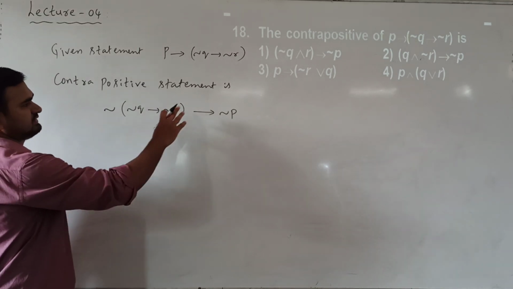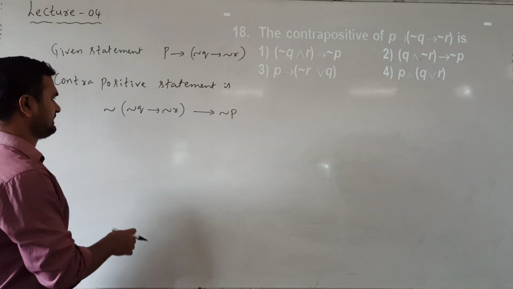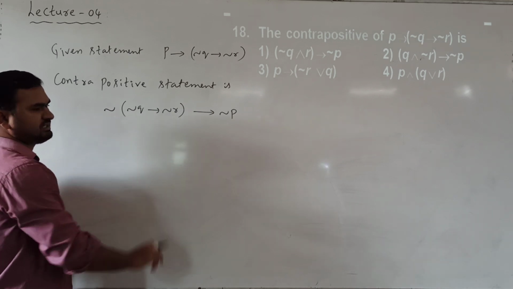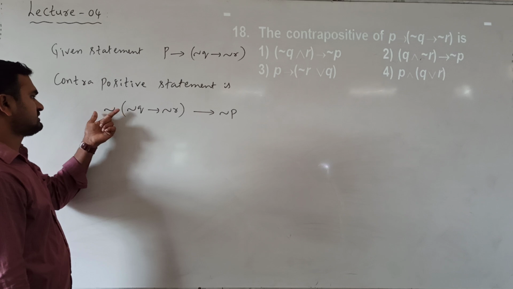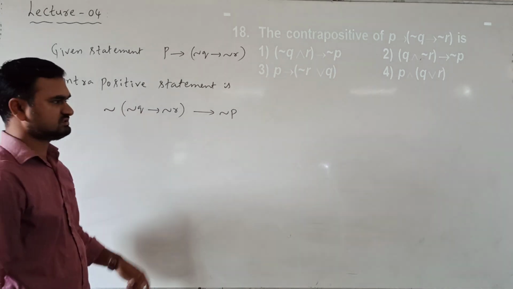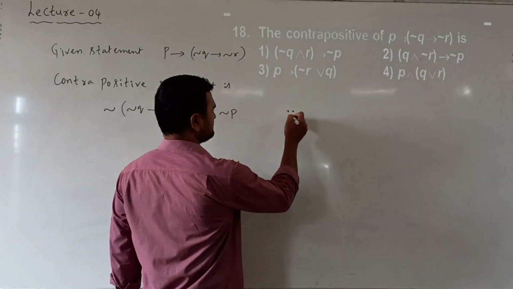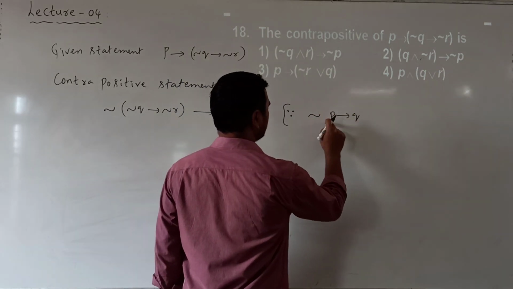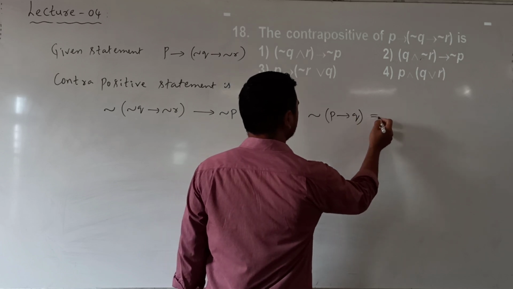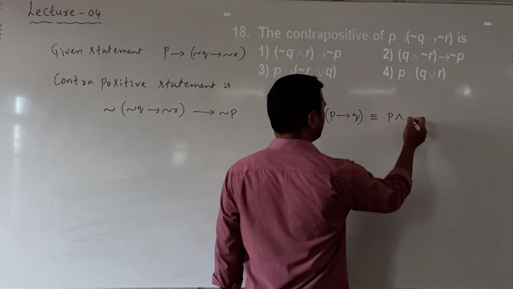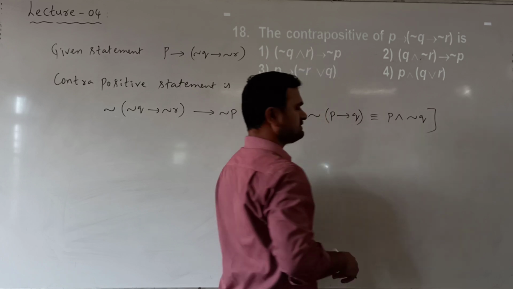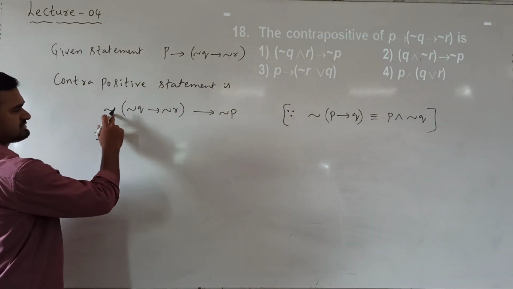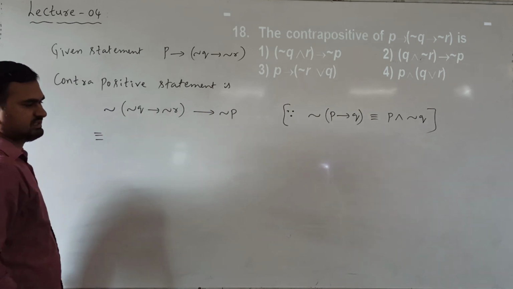Now the options are not like this, so we still have to simplify. Now, negation of (negation Q implies negation R) is of the form negation of (P implies Q). So what is the formula? Since the negation of the conditional P implies Q is P and negation Q, using that formula, it will be equivalent to negation Q implies negation R: